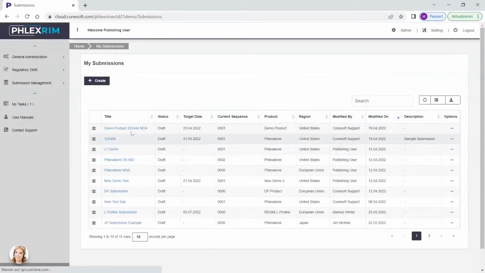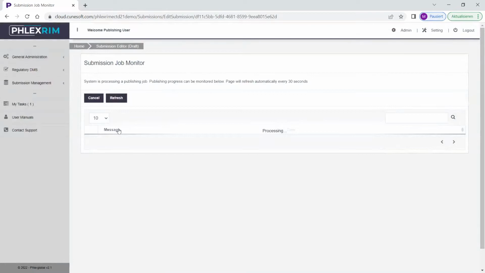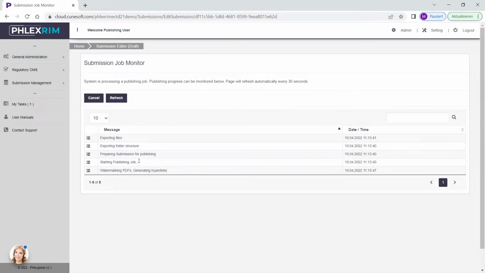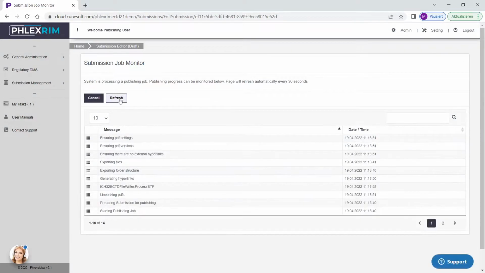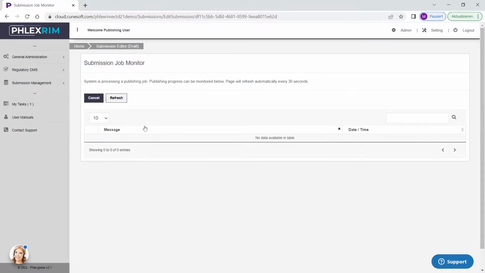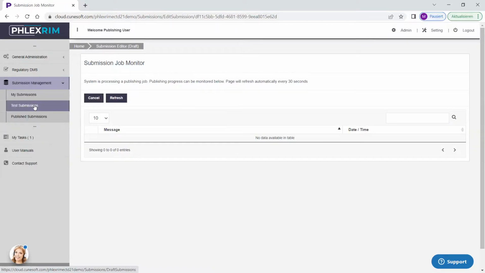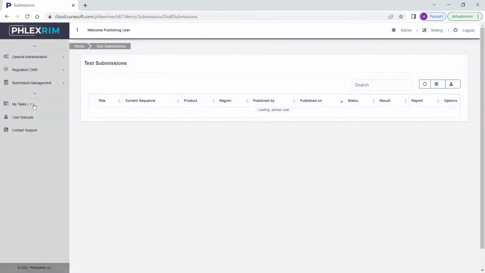And this publish, I can watch if I click again here on the hyperlink. It's done in the background, and you see here a couple of pieces of information displayed that tell me about the publishing process, and I can click on refresh a couple of times till this is done. As soon as the messages are gone, the publishing is completed, and I can watch my published output in test